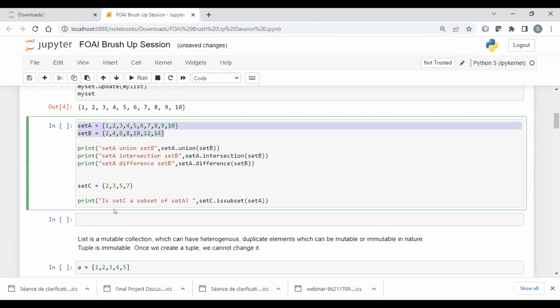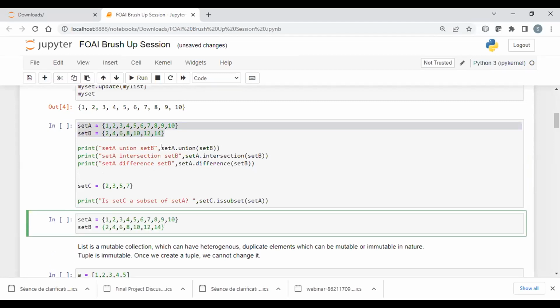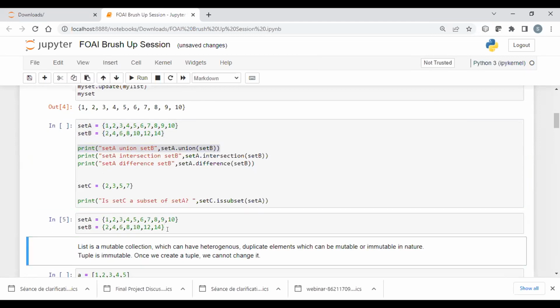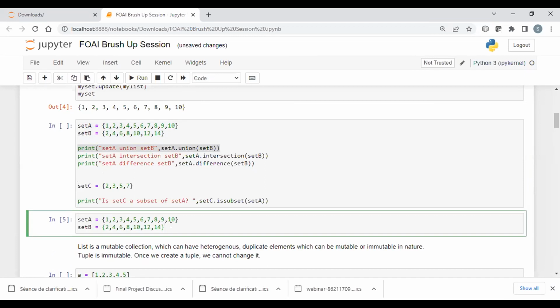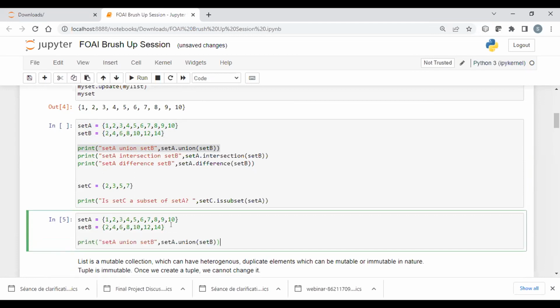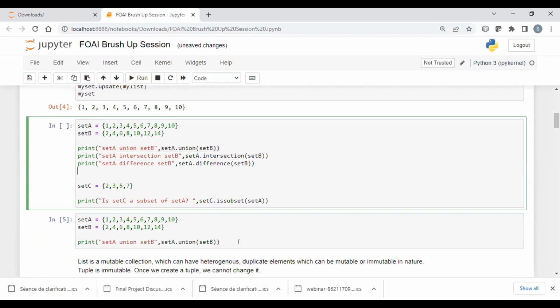Let us try putting union and see what happens when we use this. What do you think when we use the union of these two? Will it show all the variables? Will it remove the duplicates? Let us see.